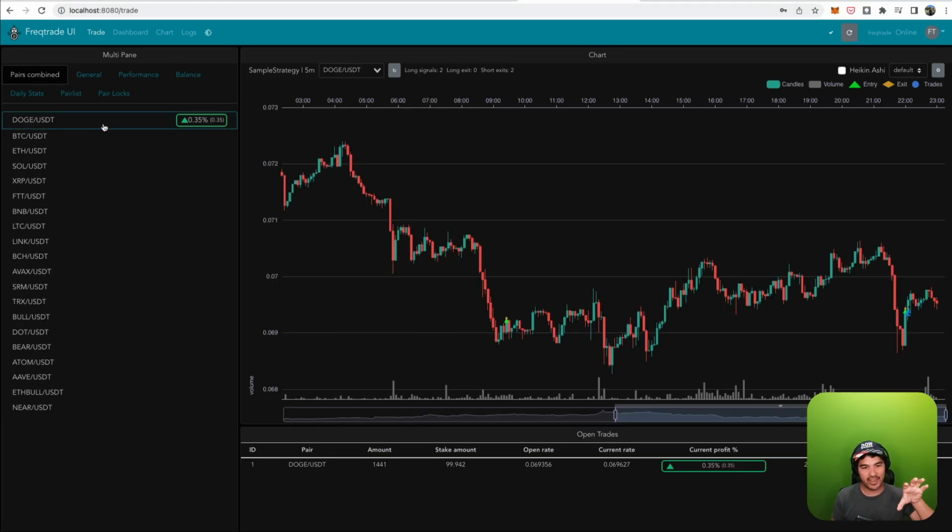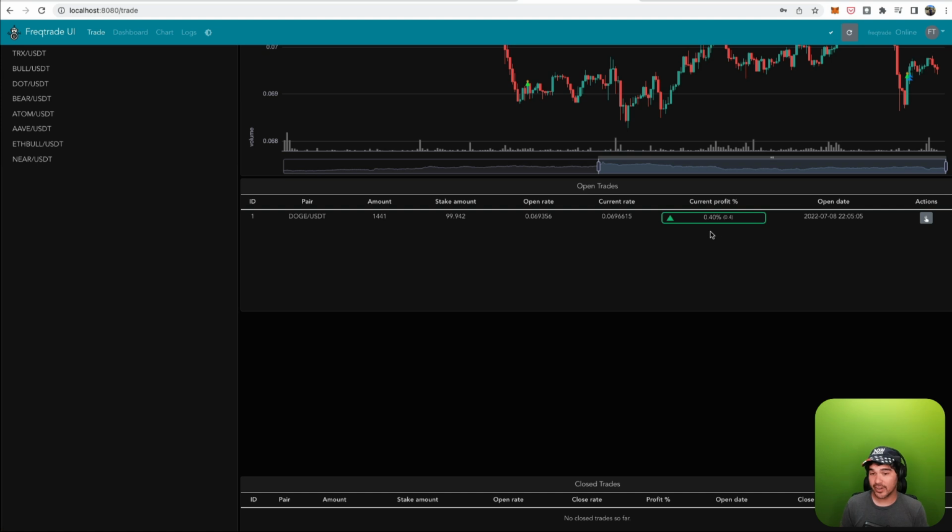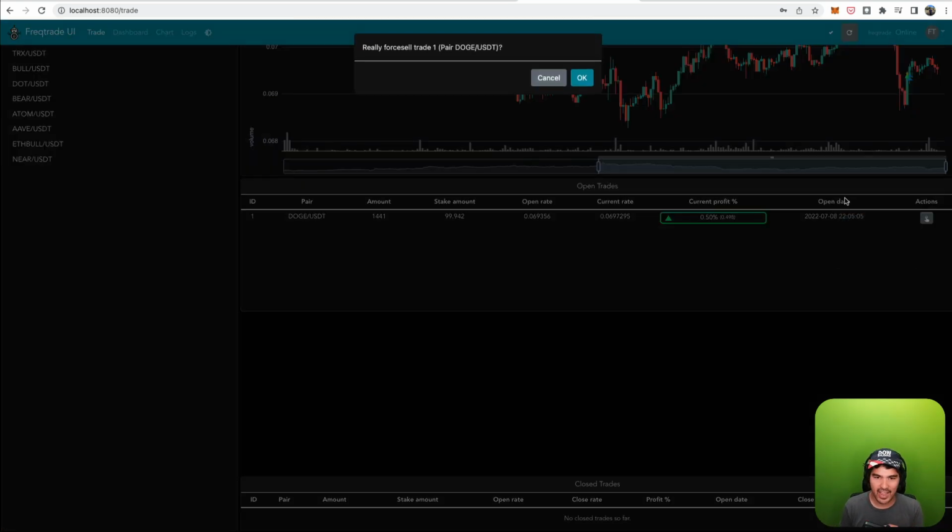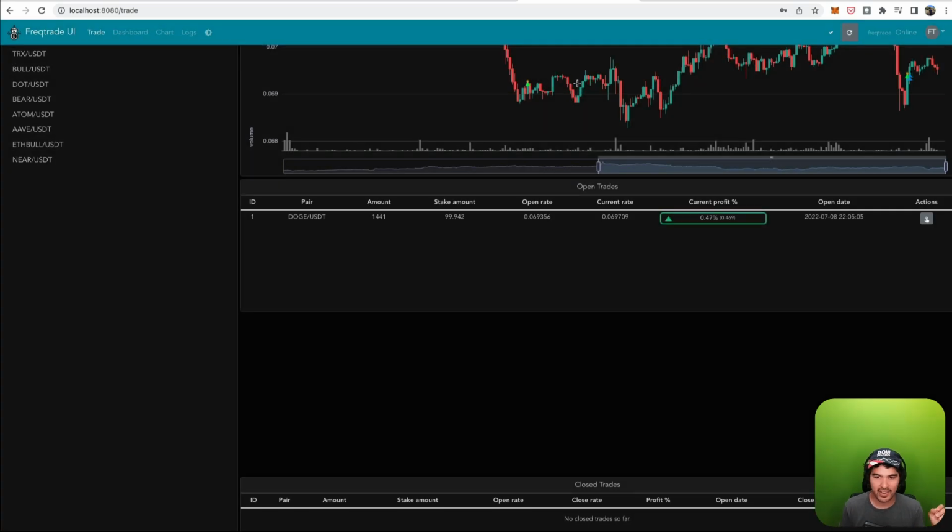It knows the state of the bot. This trade here is now up 0.4%, 0.38% right now. And if it hits 1%, according to our configuration, it will exit at a 1% profit. And if it falls to our stop loss or hits our exit condition, it will exit that trade automatically. And you can also see I can click this little button and say, hey, I don't want to be trading Dogecoin. Get me out of this right now. So I can manually override the bot and say, force exit at market price, and I'll just go ahead and